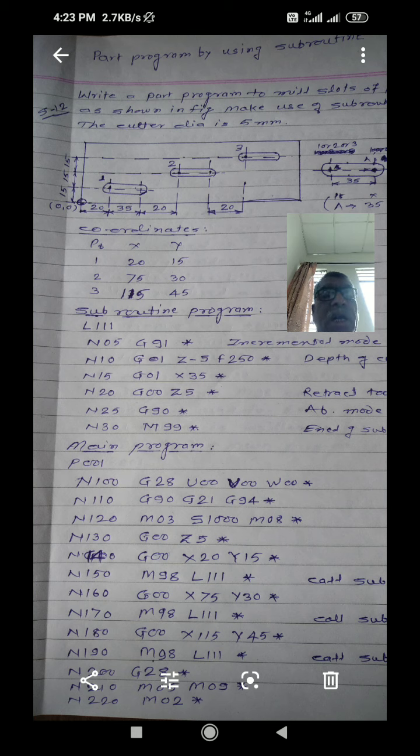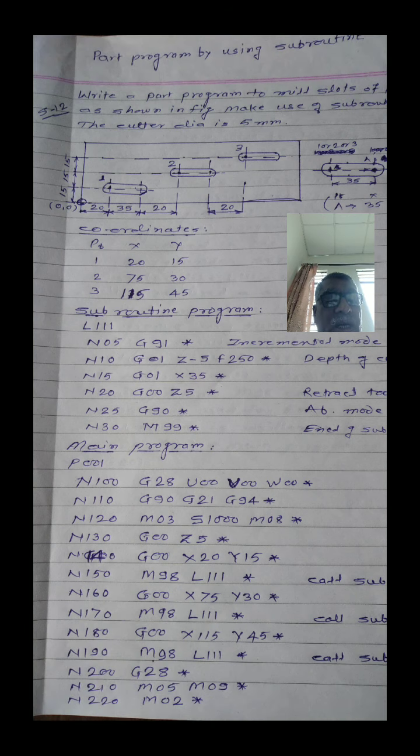Now our starting point is point 1. Therefore, you have to locate the tool at point 1, that is block number N130 G00 Z5, end of the block. Then block number N140 G00, you have to mention the coordinates of point 1, X20 Y15, end of the block. Means during block number 130 and 140 your tool has reached point 1.